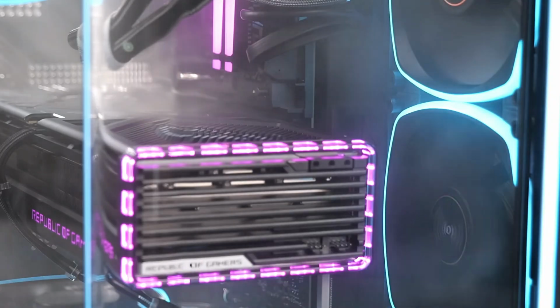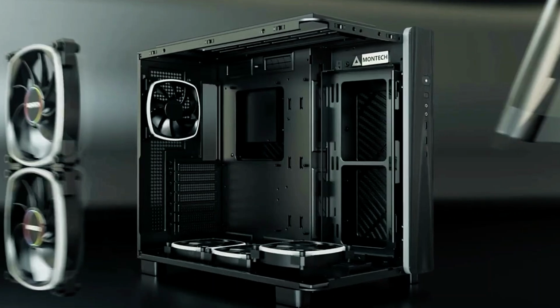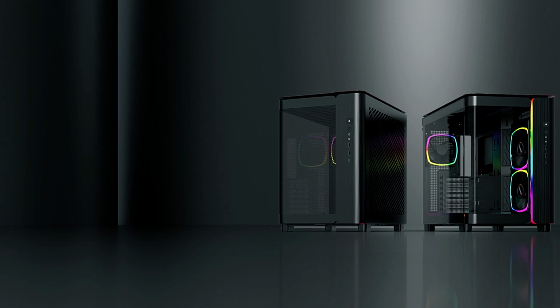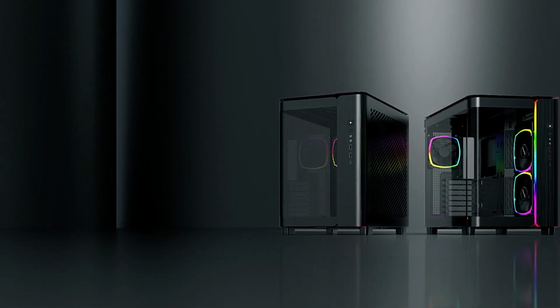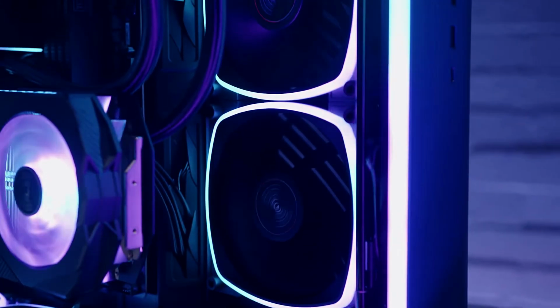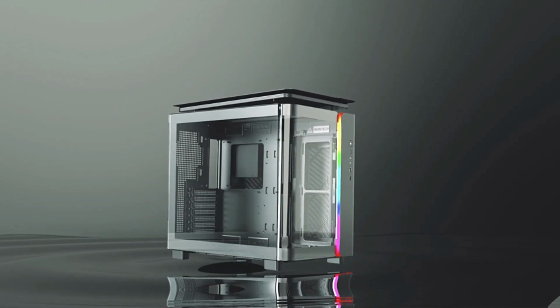Beyond its stunning appearance, the King 95 Pro offers practicality with ample space for high-end components and effortless cable management. Whether you're a hardcore gamer or a content creator pushing the limits of performance, this case provides the perfect canvas for your dream rig. Experience the future of PC building with the Montech King 95 Pro, where style meets functionality